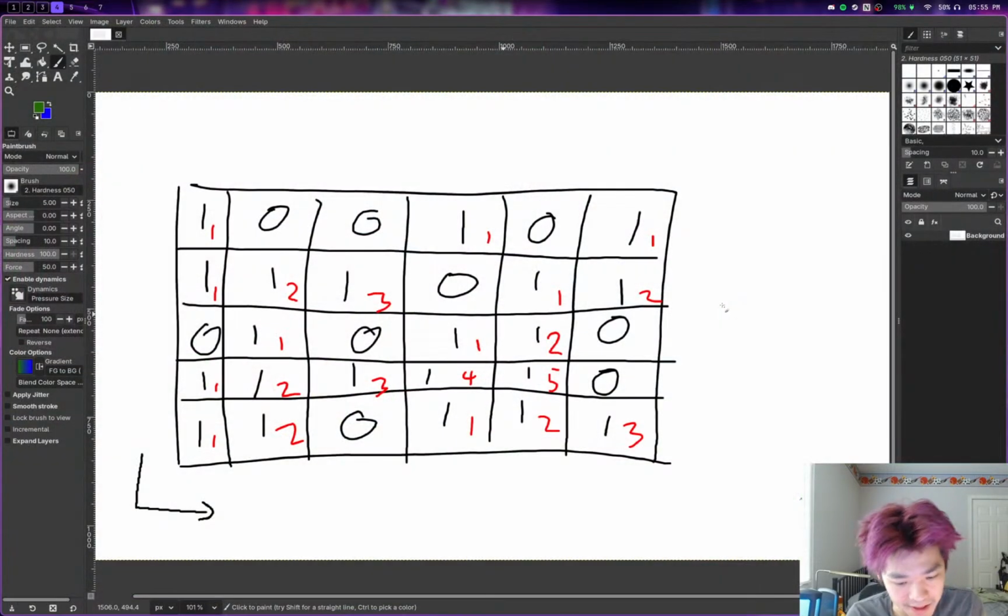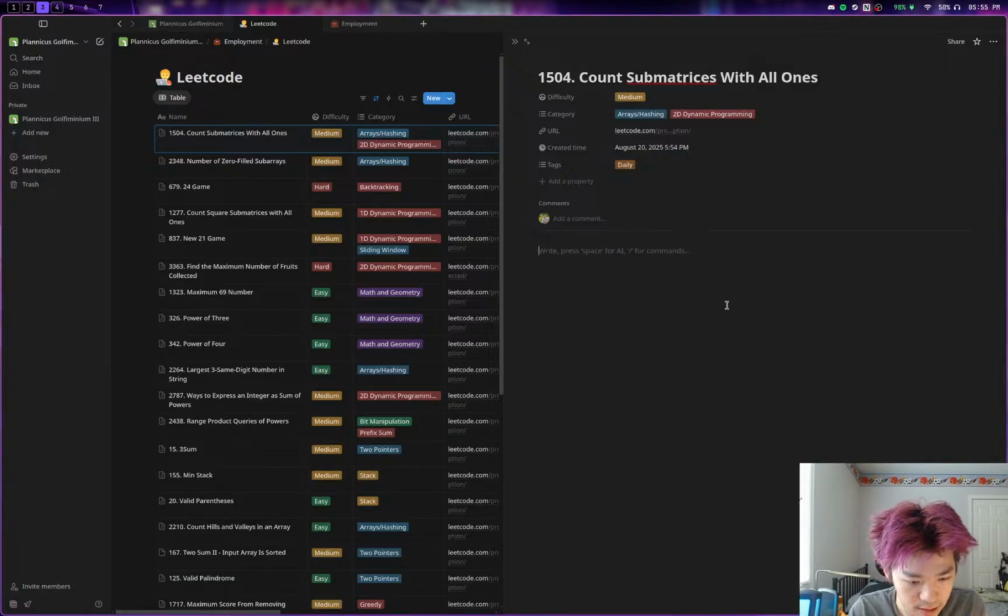How do I explain this problem again to myself? Count. Let's do number of 0 arrays horizontal per row, and